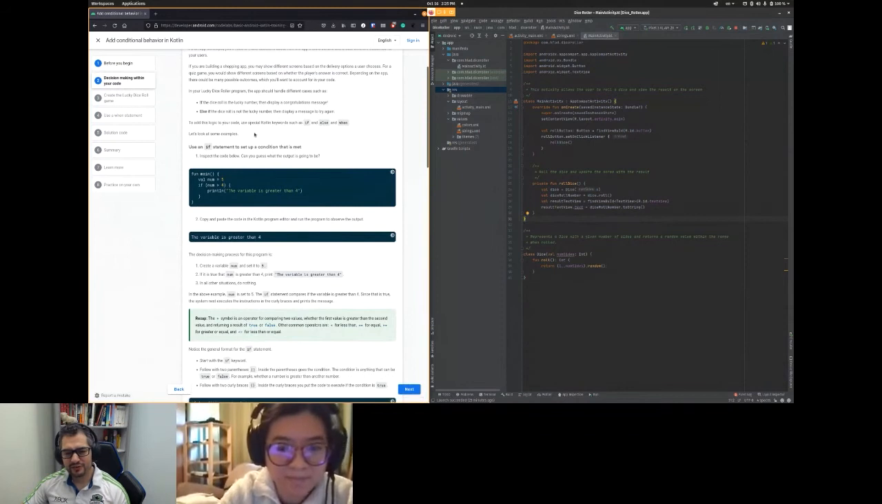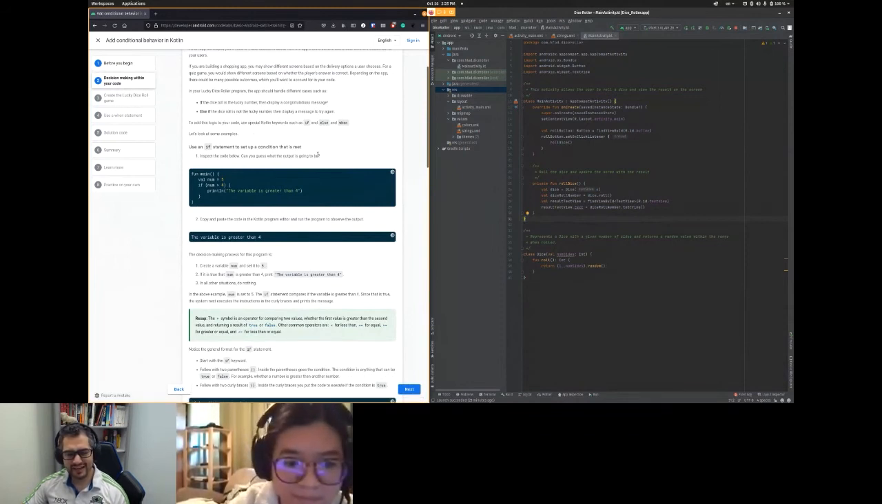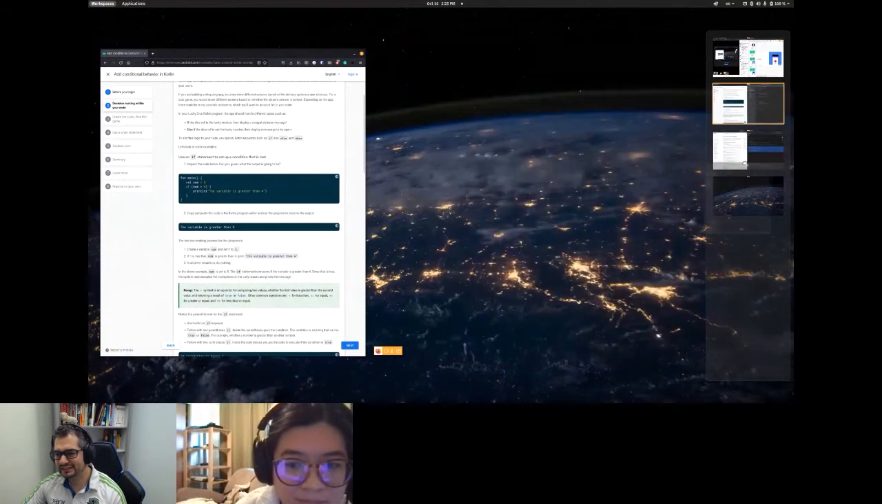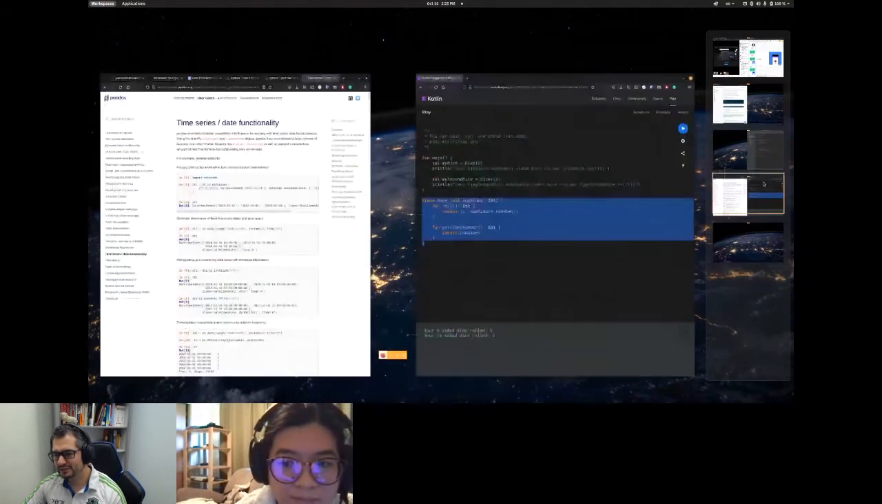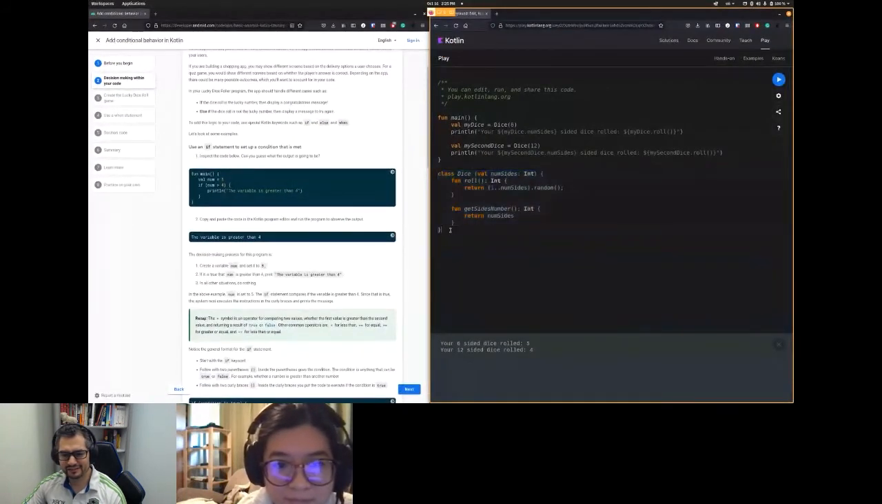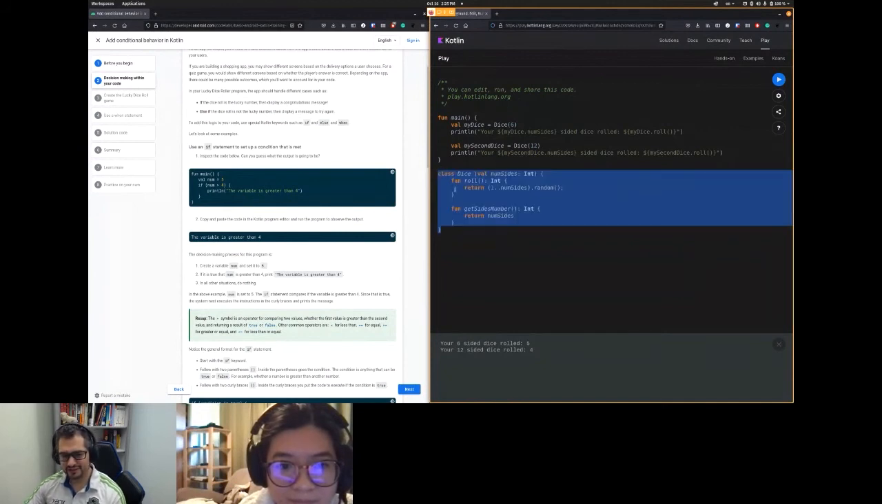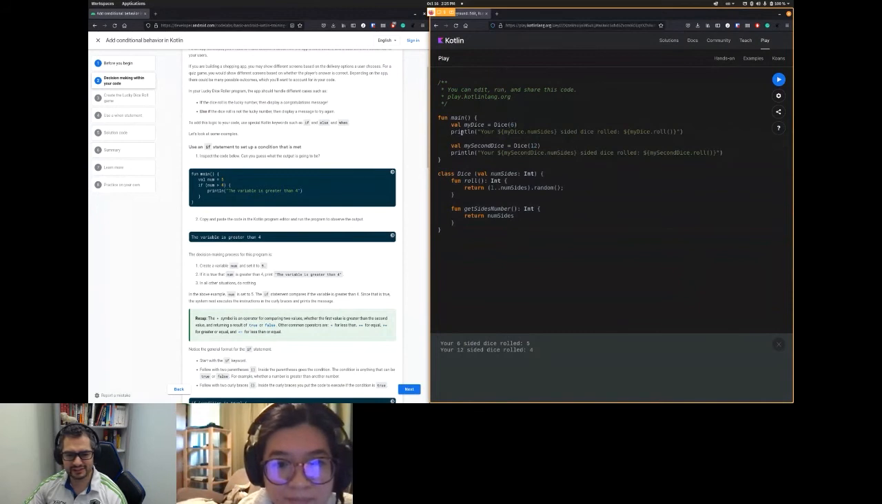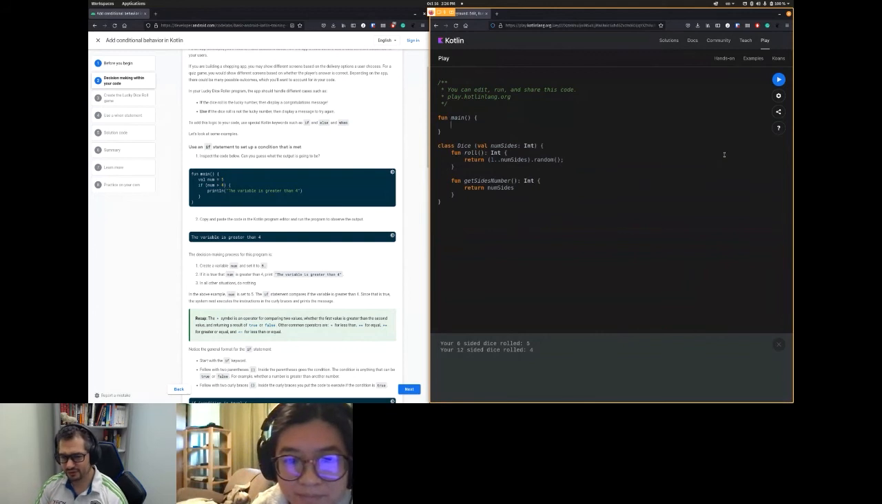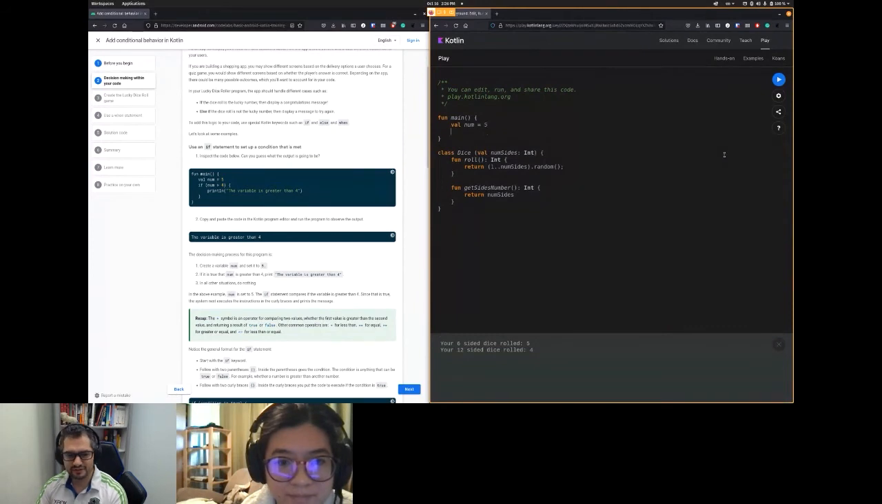Now, how do we make decisions in Kotlin? How does Kotlin make decisions? Let me switch this screen with my Kotlin Playground. Let me get rid of this. I don't need it. We're going to make some decisions. We're going to declare a variable, which is a number. I'm going to give it a number, and then